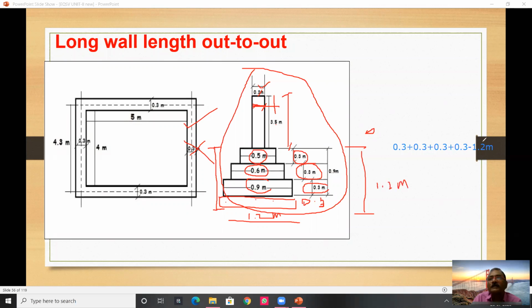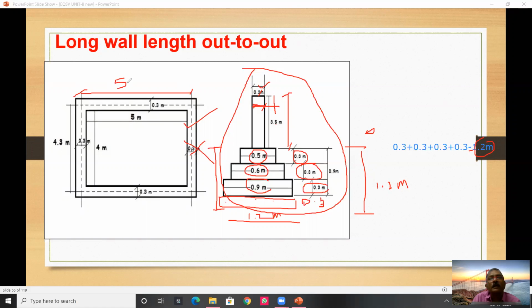Just now it was calculated, right? So in this way we have to calculate. You have to observe. What is the first one we calculated? The first one is center to center,